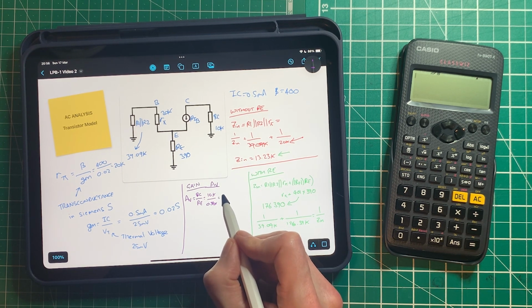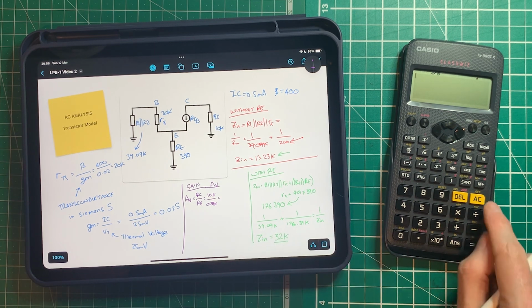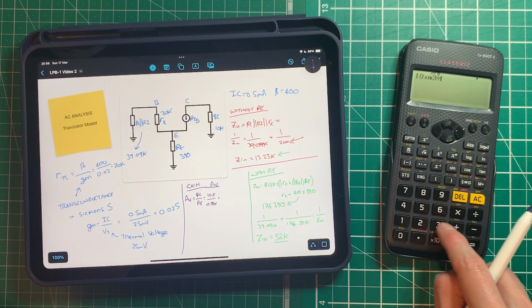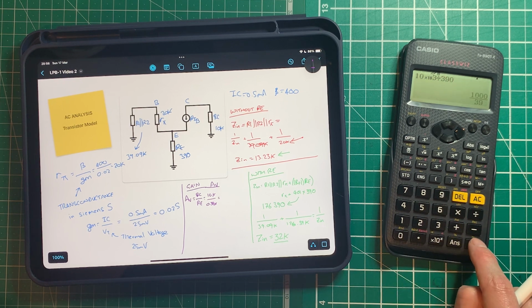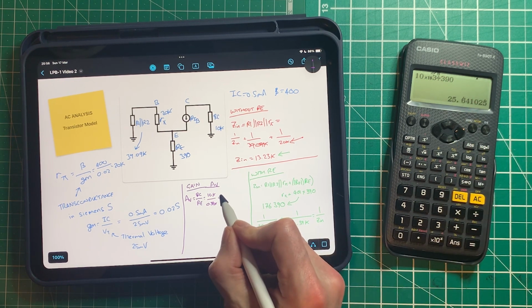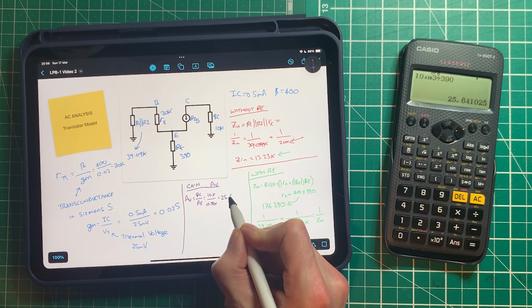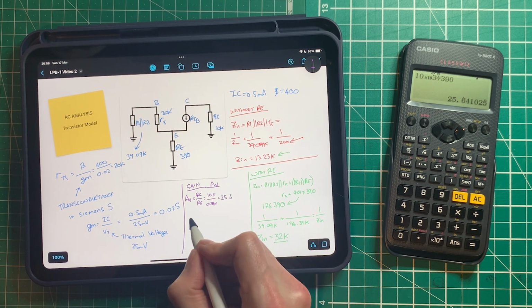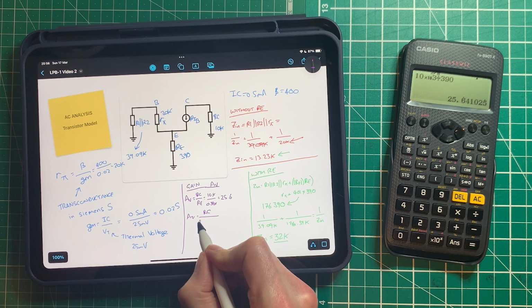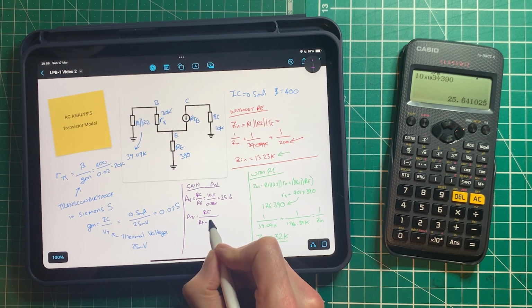I'm just trying to keep my units the same, which equals 10K divided by 390 ohms, 25.6 approximately. But actually, it's AV equals RC divided by RE plus 1 over